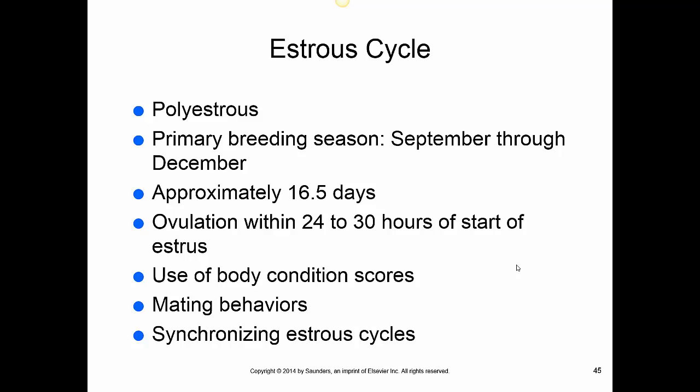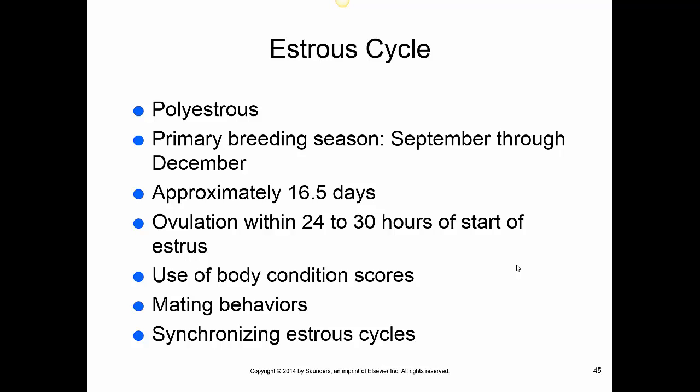So mating behaviors, a lot of times, multiple rams will fight over females. So a lot of times we like to have one ram in the herd. But a lot of times the ewe will actually seek out the ram when they're in estrus. So they'll come over, they will lean, they will make gestures at the ram and get him to attract attention. We can actually put markers on rams. And whenever he goes to mount, these markers can tell you whether or not a